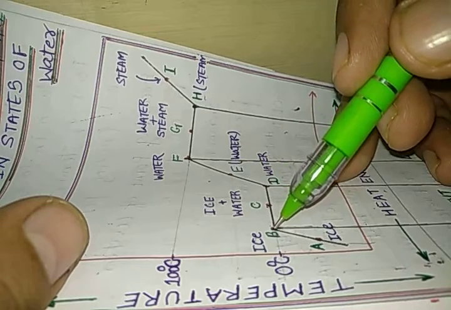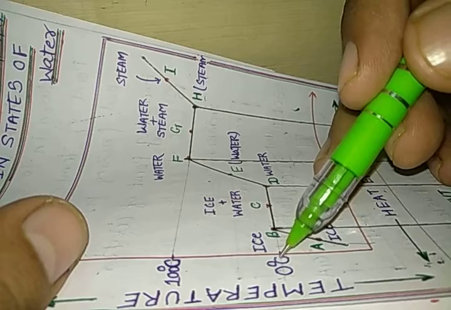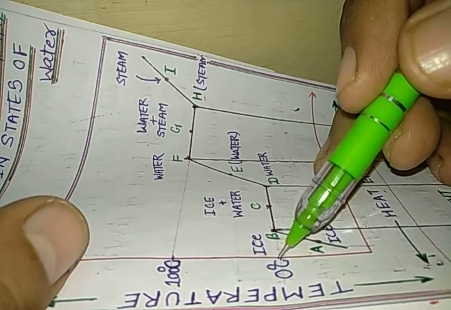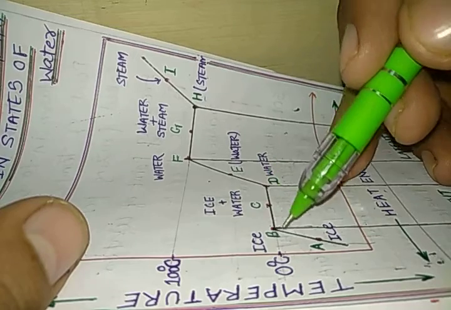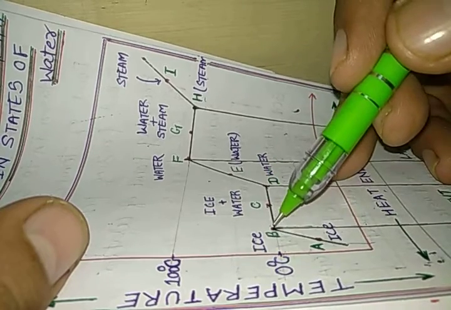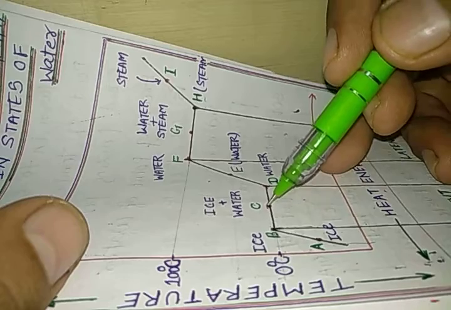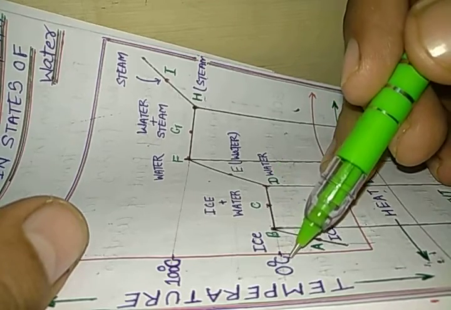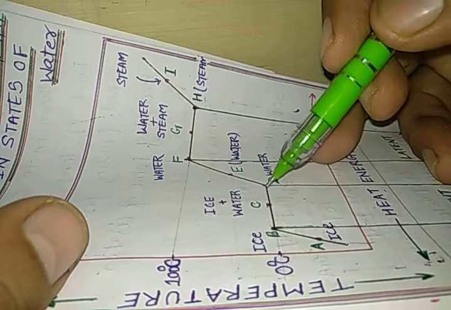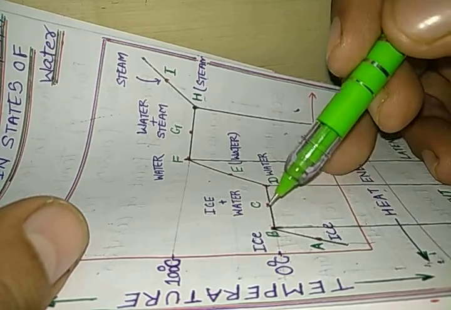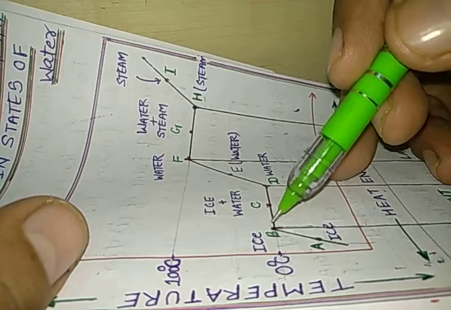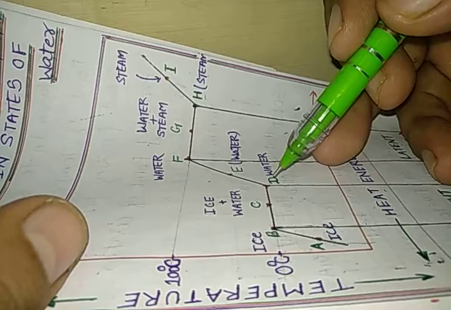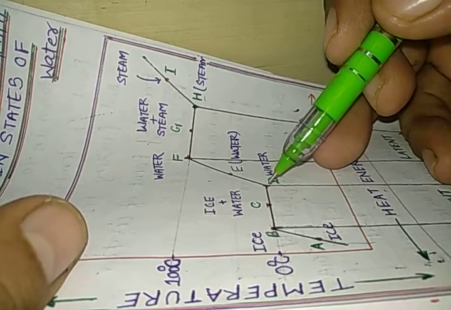You can see that at point B, we have temperature 0 degree centigrade. At point C, we have temperature 0 degree centigrade. At point D, we have temperature 0 degree centigrade. So at all these points B, C and D, as this graph is horizontal, the temperature remains 0 degree centigrade or 273 Kelvin. During the change that takes place between B, C and D, there is no change in the temperature. So these are the things that we have understood.